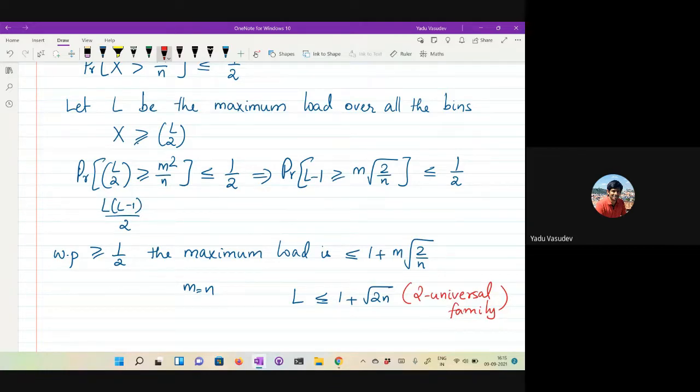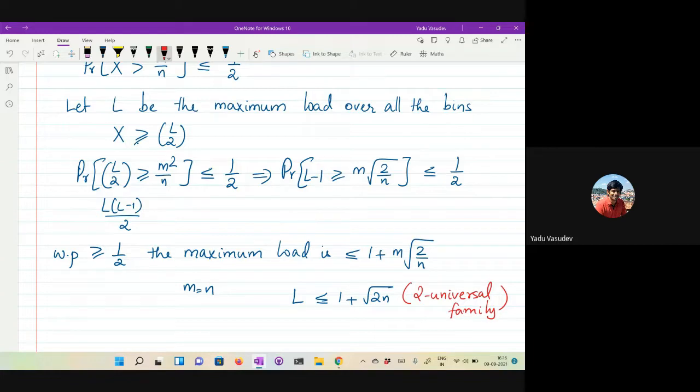Suppose you want to hash m elements into a hash table of size n. Then the number of collisions that you're going to get is something like m times square root 2 over n. So what does this tell you? What should the size of your hash table be so that you get constant worst case search time? What should be the size of your hash table, based on this analysis?